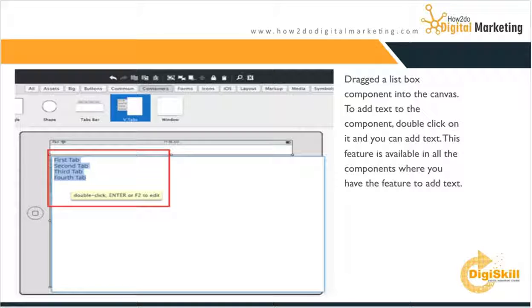For instance, we looked at the vertical box. So let's say you drag the vertical, we want to create a vertical menu. Once you click it, you have the first tab, second tab, third tab, fourth tab, which you can actually define and write what it is that you want to write there. So the first tab could be, let's say, home, second tab could be services, third tab could be products, fourth tab could be contact us. So it actually tells somebody that these are the various tabs, and then you can link them to whichever page you want to